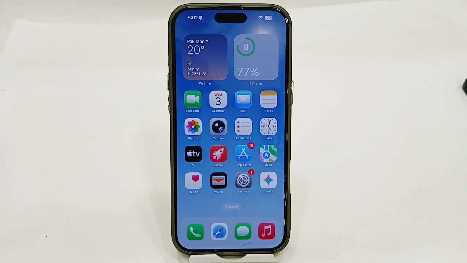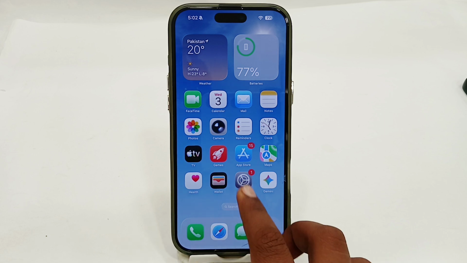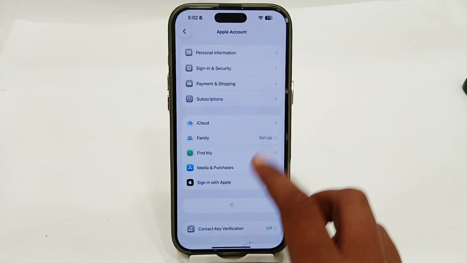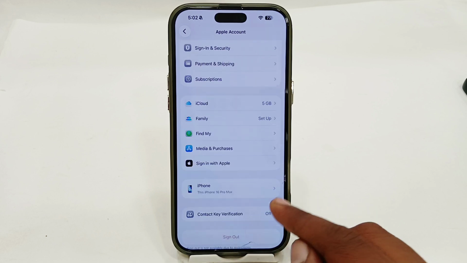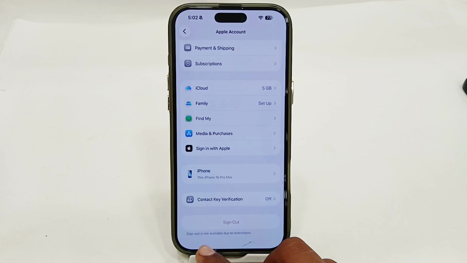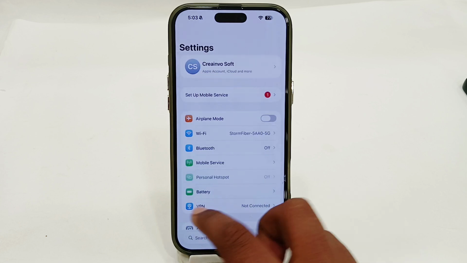To do that, simply open your Settings app here, then tap on your Apple ID and just tap on the sign out option to sign out. If you're facing the issue that sign out is not available, you have to go back, go for the Screen Time settings